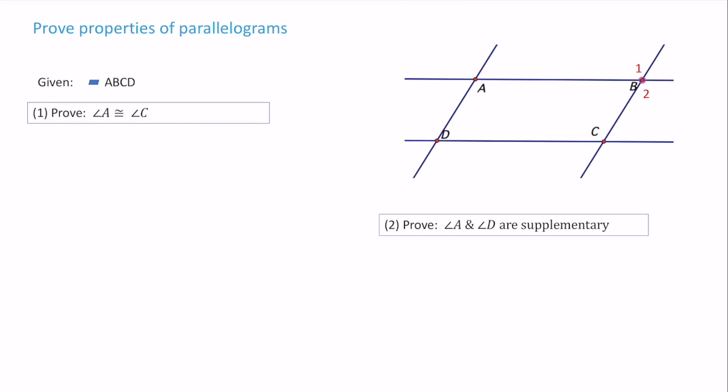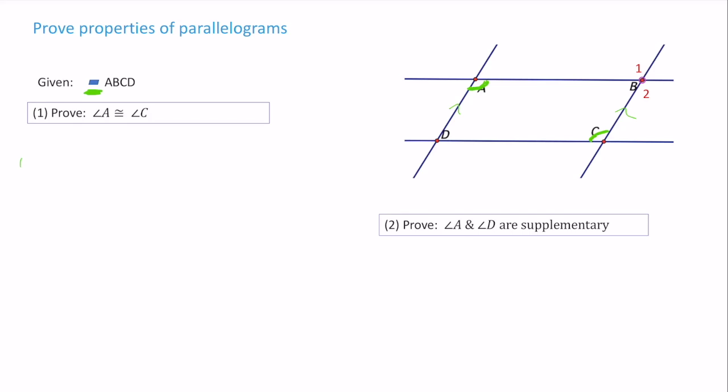So first thing, you're given parallelogram ABCD, and notice that they give that little symbol that just means parallelogram. They want you to prove that angle A is congruent to angle C. And just to make it easier, I labeled this angle A instead of angle BAD or something like that, just to make it simple. Okay? So the first thing we know is, since it's a parallelogram, we know that AD is parallel to